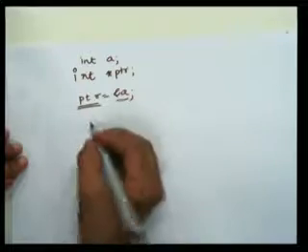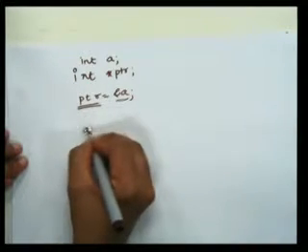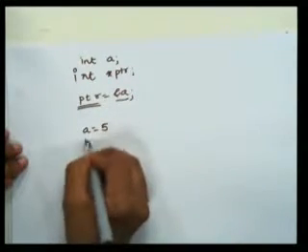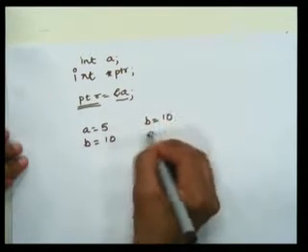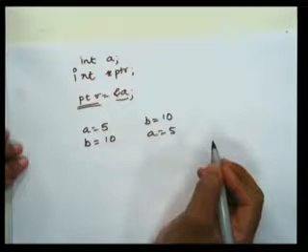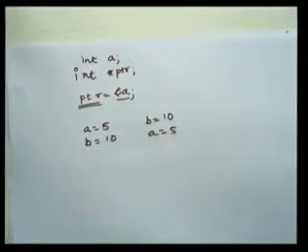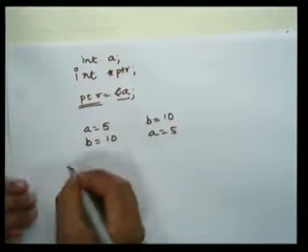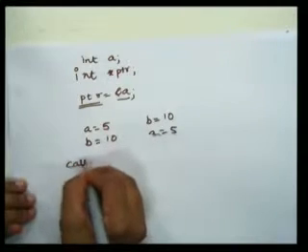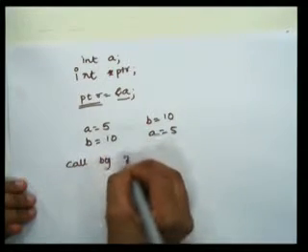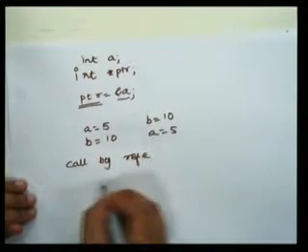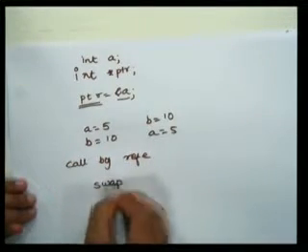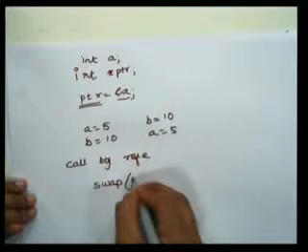Now what is my program? Swapping two values. That means if I have a equal to 5 initially and b equal to 10, solution I want is b equal to 5 and a equal to 10. Right? Now when you want to swap two values using pointers, we have to use the concept of call by reference. Call by reference. Now we have to make one function for this. So I will make swap as one function.